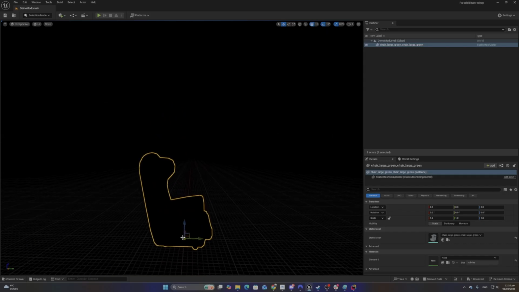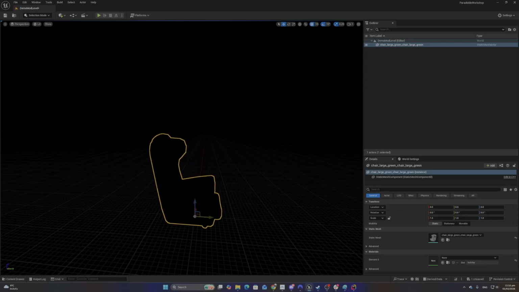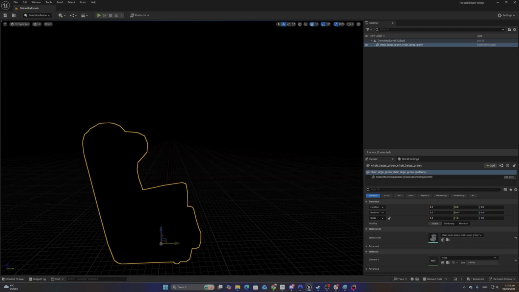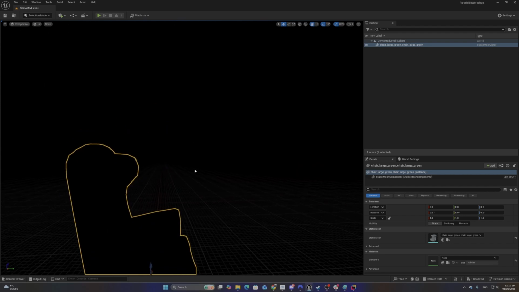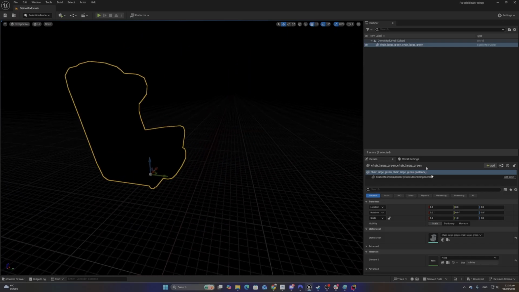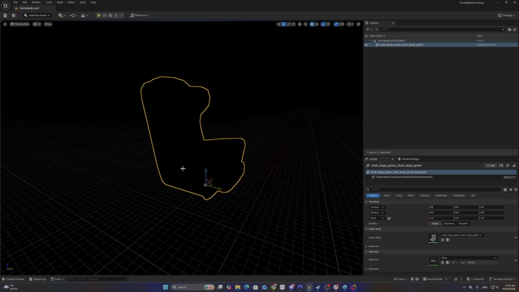So this is the way you will be looking. So this chair, and for the mod environments, for the mod levels, we are currently supporting only 0,0,0 as the player location. So this is the exact location where the player will be once you load this level. Keep that in mind. So if I were to leave this chair here, for example, you would spawn inside this